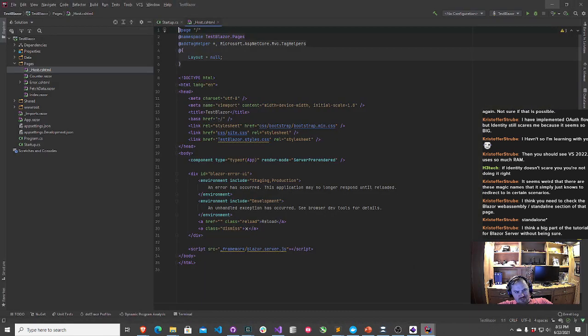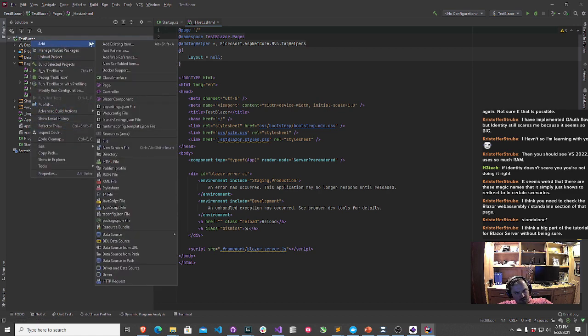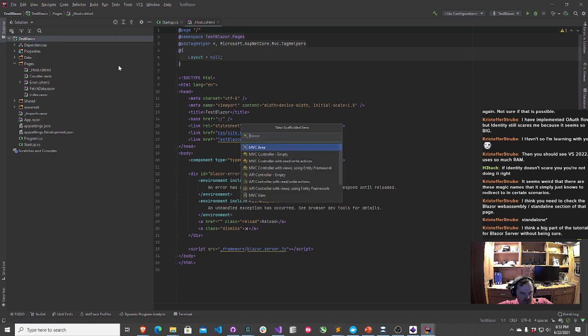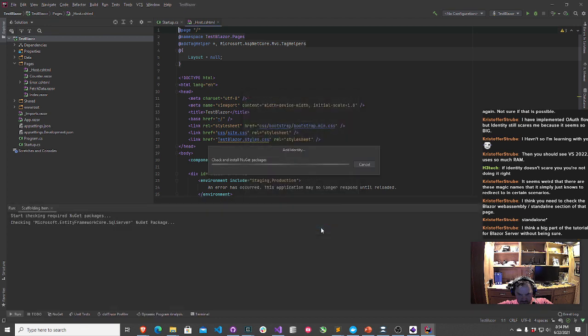It might be the structure of my solution that's part of the problem here. All right, let's try scaffolding the solution into here. And new scaffolded item. All right, let's go ahead and run all this.